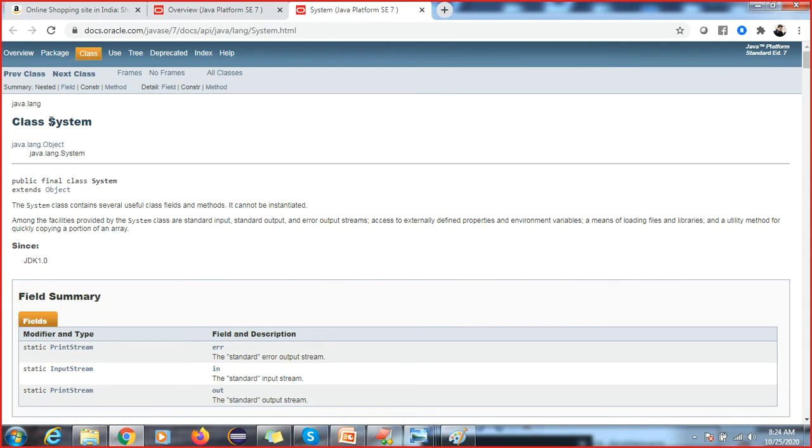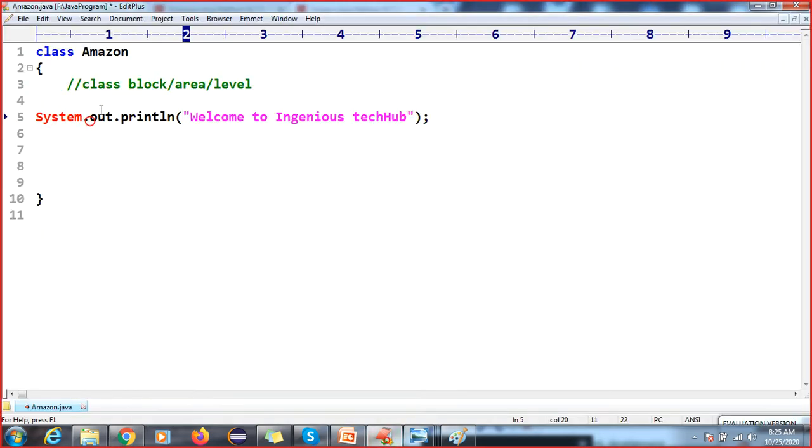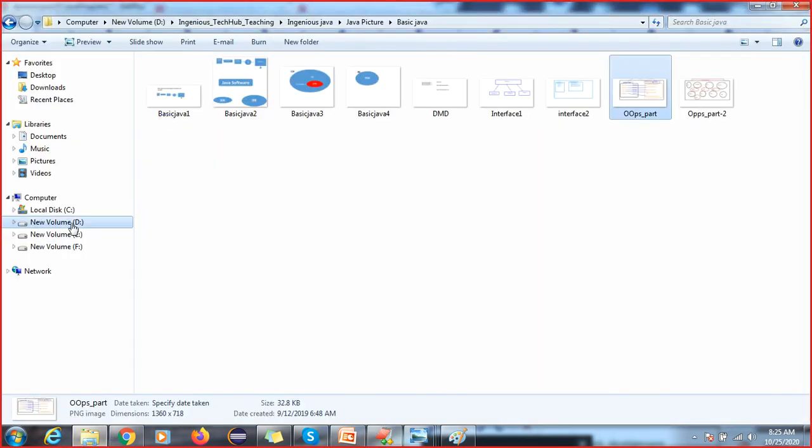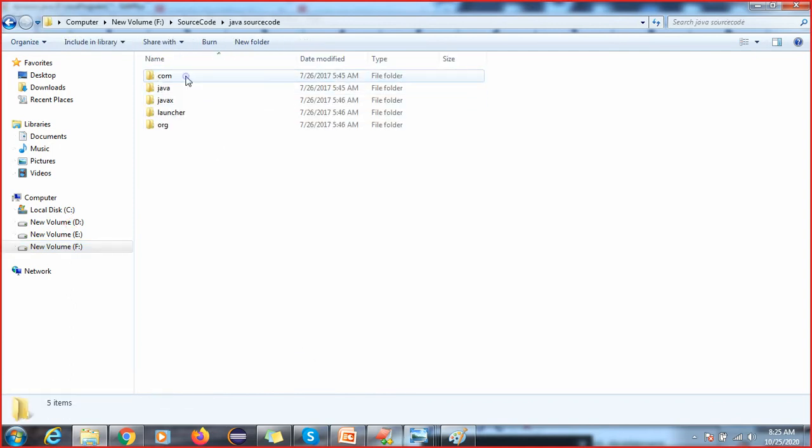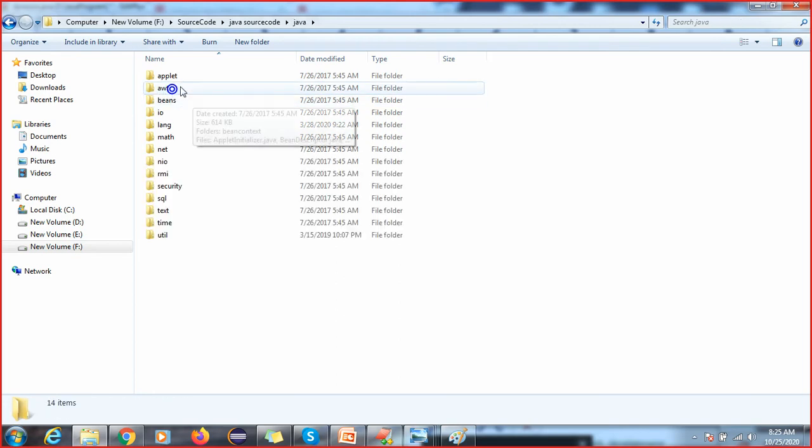You can see System is a class. I will show you the implementation of System.out.println. You should not implement this. This is already implemented and they have given it to us, saying you can use this. I'll show you the code of how they developed this. Inside Java there are multiple packages, and a package is nothing but a folder.